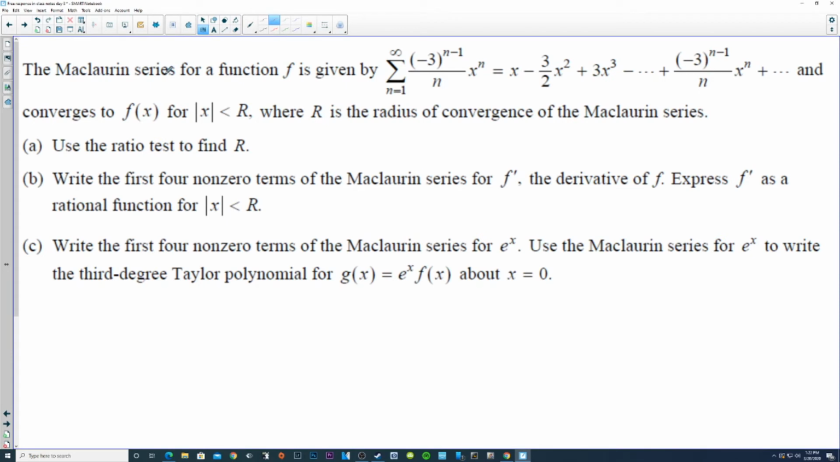The Maclaurin series for a function f is given by all of this and converges to f of x for absolute value of x less than r, where r is the radius of convergence of the Maclaurin series. A. Use the ratio test to find r. We have the limit